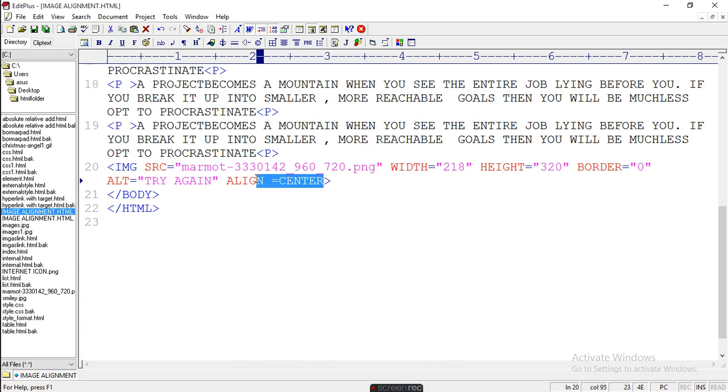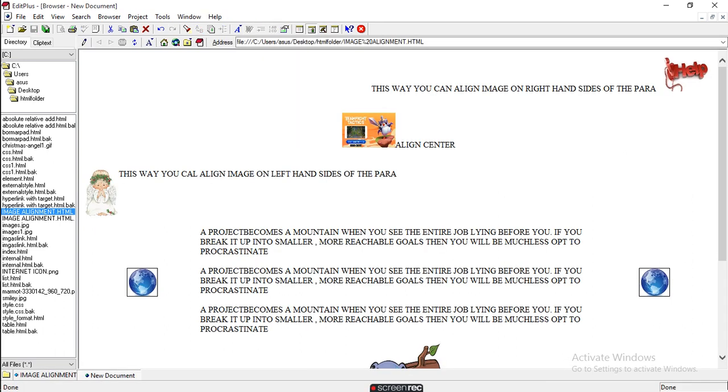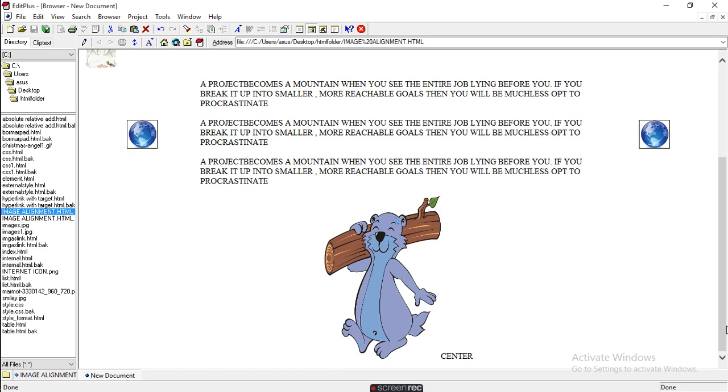So right here, Control X, and here you write P, then Control V, then here you have to write close your paragraph, and within that you can write center. Now Control B, you will get the image in the center.